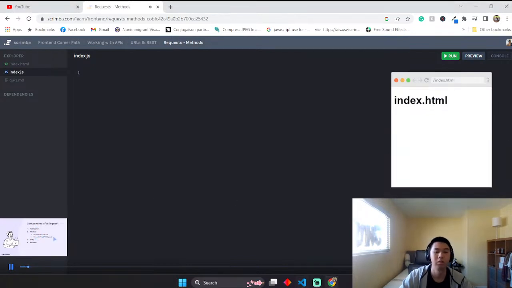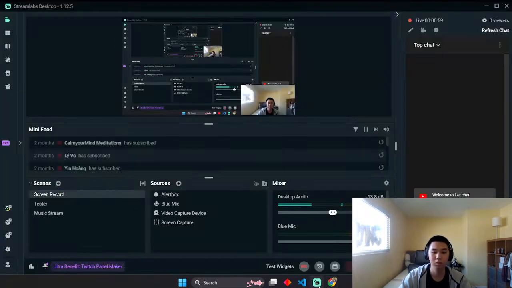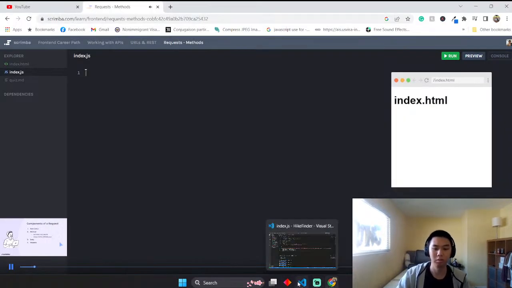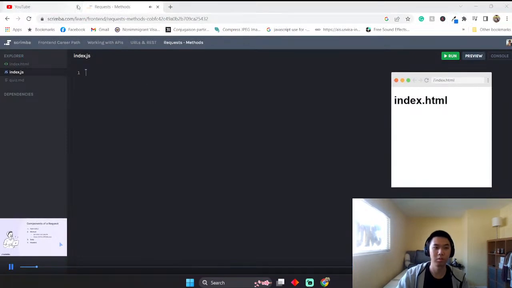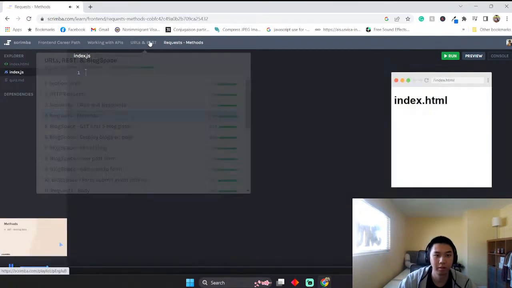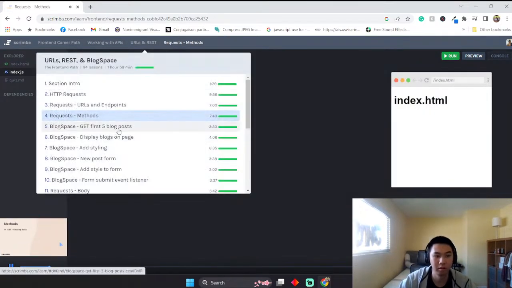And delete. Now, there's a few others that you probably won't be interacting with directly very often, so we're just going to focus on these first four. So essentially what the method is doing is telling the server what kind of request you're making, or maybe a better way to say it is what your intention with that request is. For example, when I send a GET request or a request with a method,